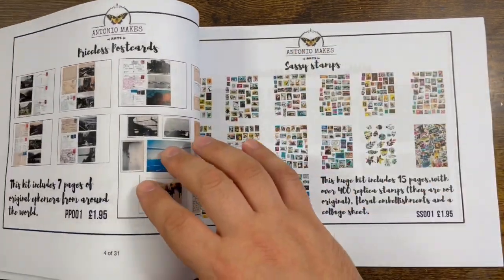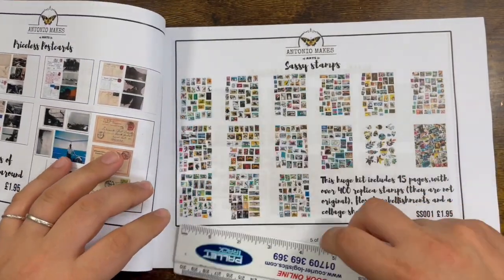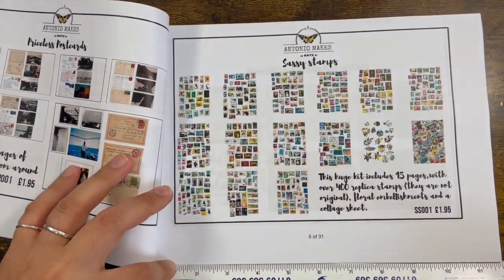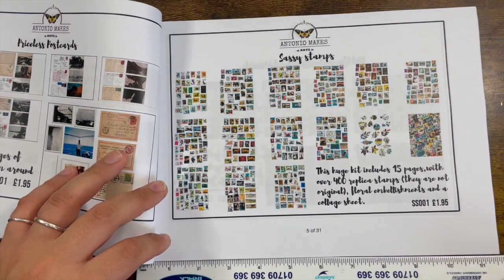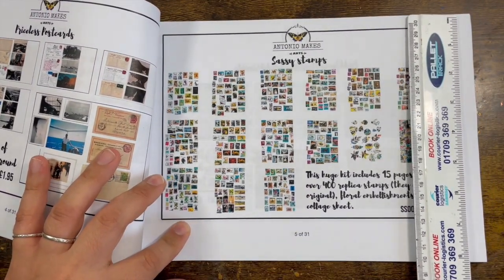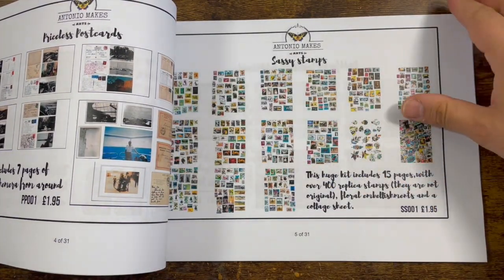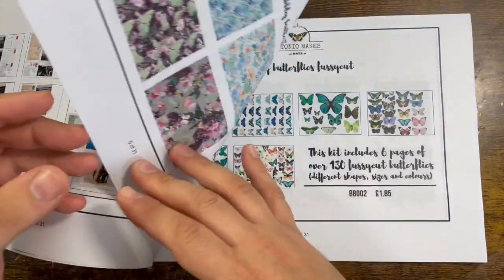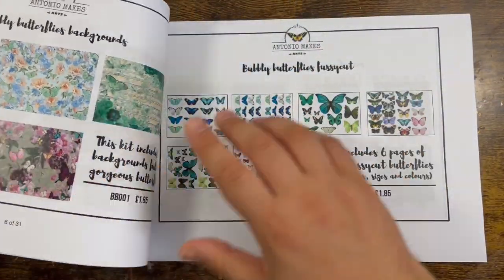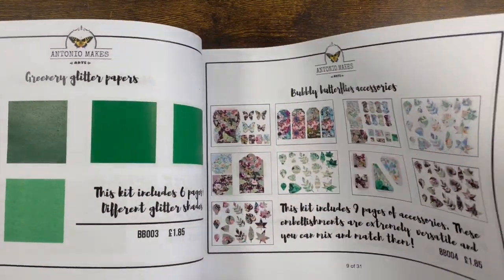I guess it's 8. I'm sure it's 8. No, it's 11.5 by 8. Okay, so that's the size of A4 and so on. So you've got all the kits in here. Okay, and then I want to show you